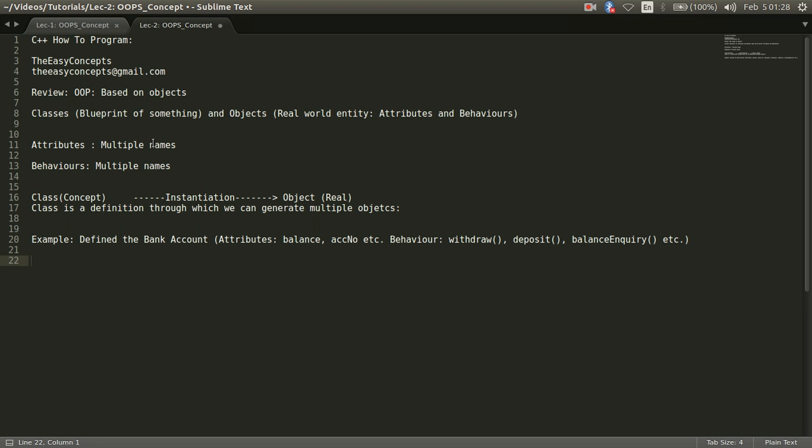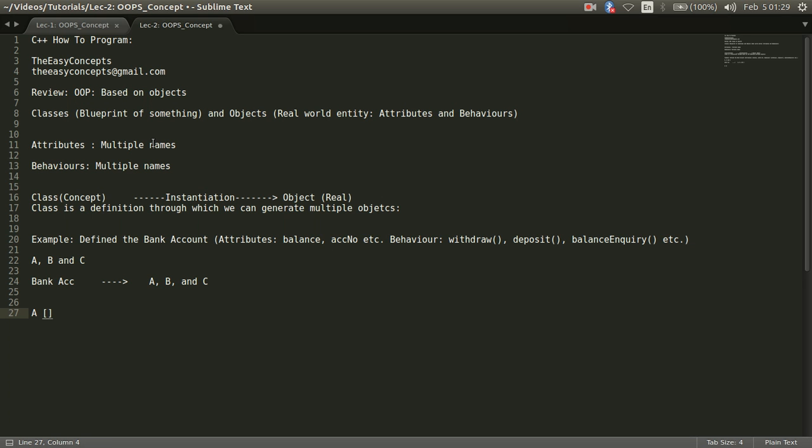From the same definition, we could generate multiple bank accounts. Suppose there are three account holders with the names A, B and C. So I can have a bank account definition and I can generate 3 bank accounts from the same definition, A, B and C. But these objects will have their own features.